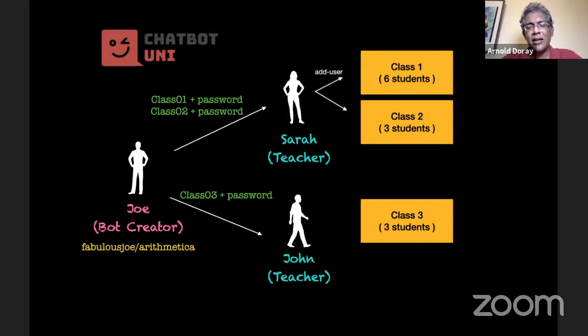And then Sarah would run her own Mojo scripts to add users to these different classes, right? So she's got 2 classes she needs to add users to, whereas John has only 1 class to add users to, okay? And I'll demo this later on,